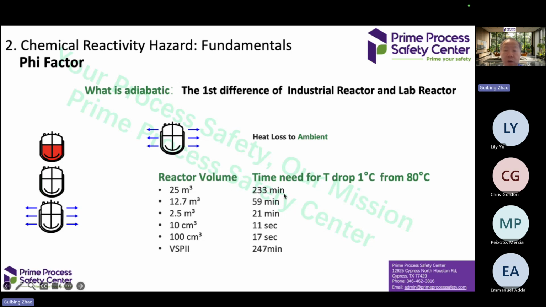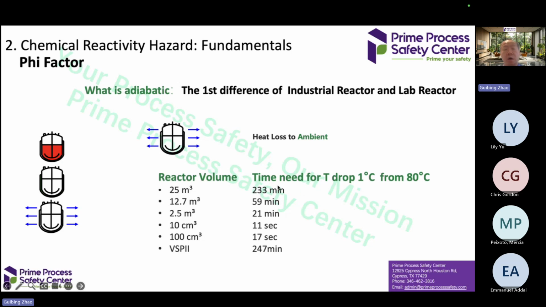As you can see, 4 hours drop 1 degree C. In our wind sizing package, we just shared with you that testing equipment, it will take 247 minutes. It's also like 2 hours, 4 hours time to drop temperature by 1 degree C. You can say wind sizing package is really representative of an industrial reactor, for example, at least like 20, 25 cubic meter